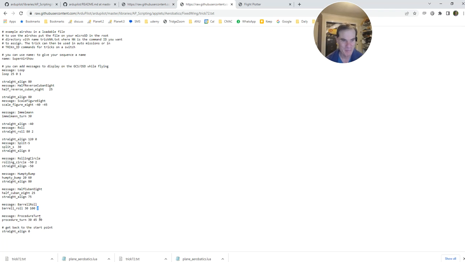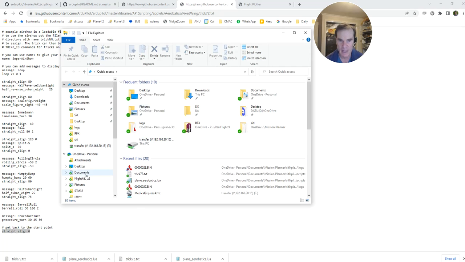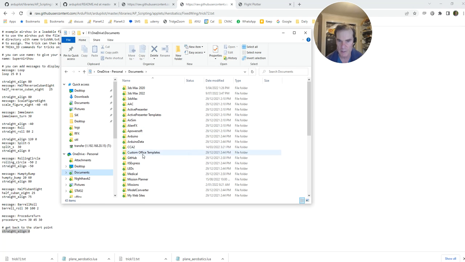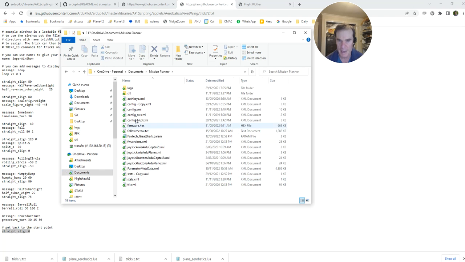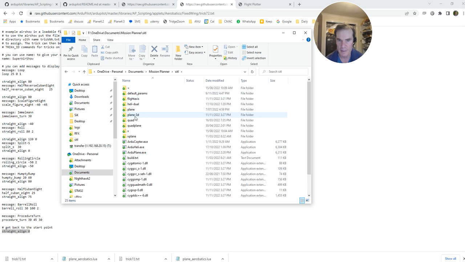Very proud of that one. Then we're doing a procedure turn, and finally we're aligning back to the start. So the way we use this Trick 72 is we have it in that same documents, mission planner, SITL, plane